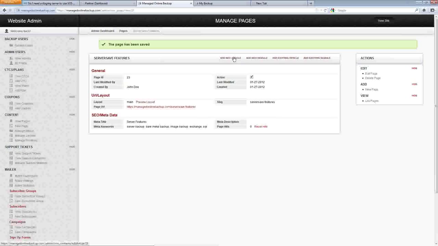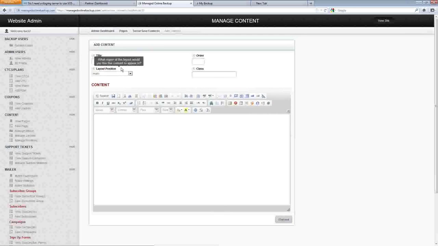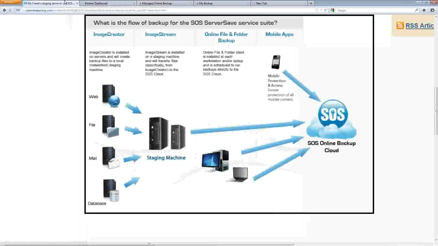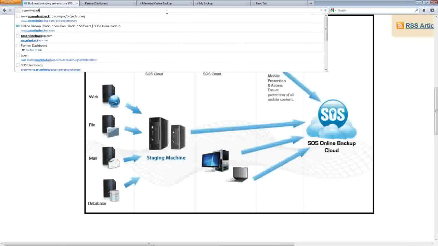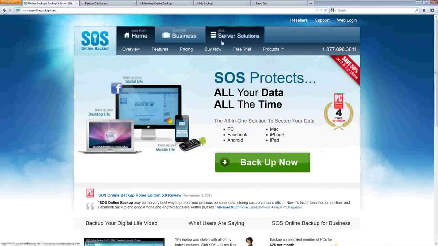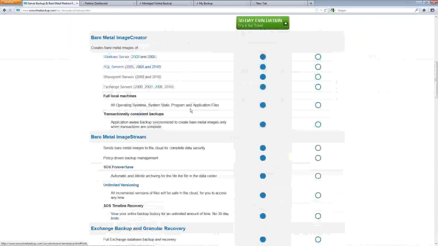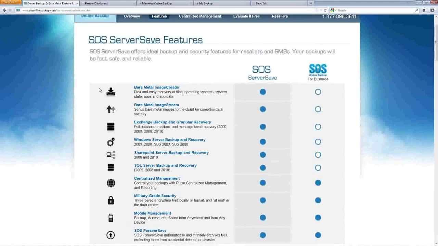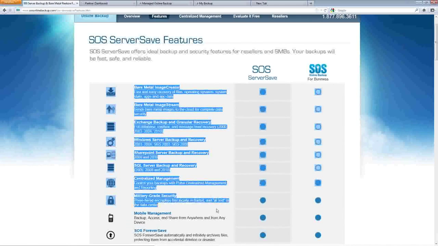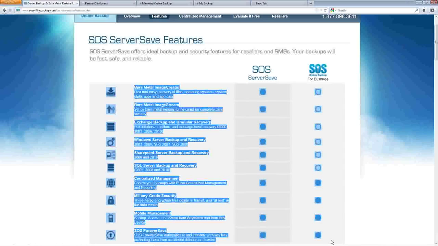And now we've got to add a new article. So the article is what contains content. So let's add a new article. It's going to be main position, title, body, order 0, and then we have all this content here. So let's go back to our main site. And we'll go to Server Solutions, I'll go to Features, and I could copy all this, or I could take a screenshot